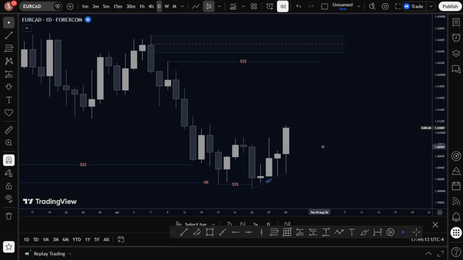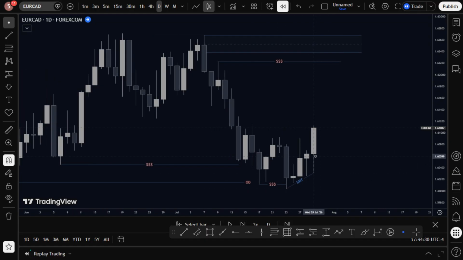So what are you seeing here? We are seeing sell side liquidity taking, and SMT divergence presence. So we have sell side liquidity taking, that's one of the confluence, and SMT divergence presence. Okay, so now what you do,